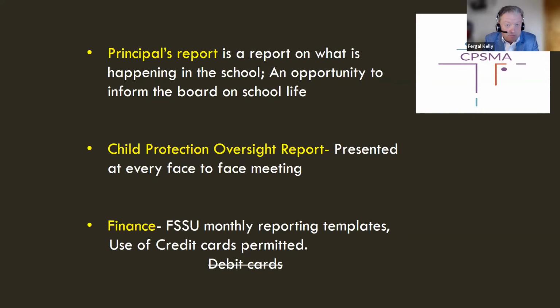The principal's report must contain a report on bullying in the school at least once every school term, and Circular 0045/2013 deals with these procedures. Now, the Child Protection Oversight Report is really important, and it's often regarded as part of the principal's report. Deirdre? Yeah, that report, as you say, is often part of the principal's report, and that has